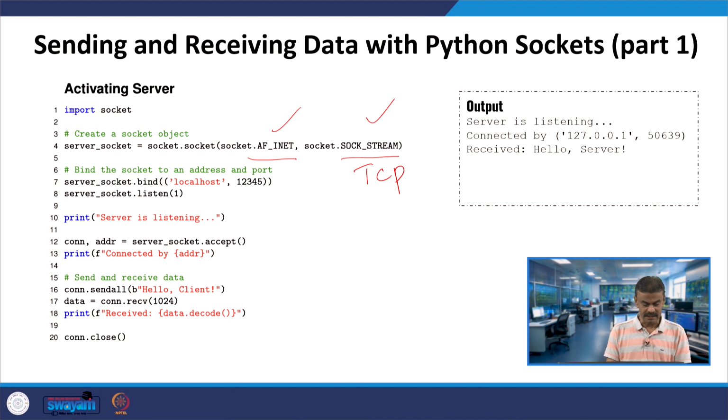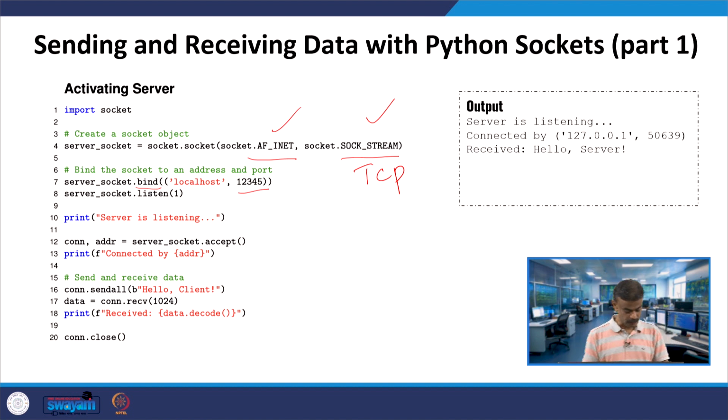In the next line, the server_socket invokes the bind function. This we had seen in C++ and Java, if you recall. You are passing localhost and a number, let us say 12345. Localhost means the server will listen for connections on the local machine.